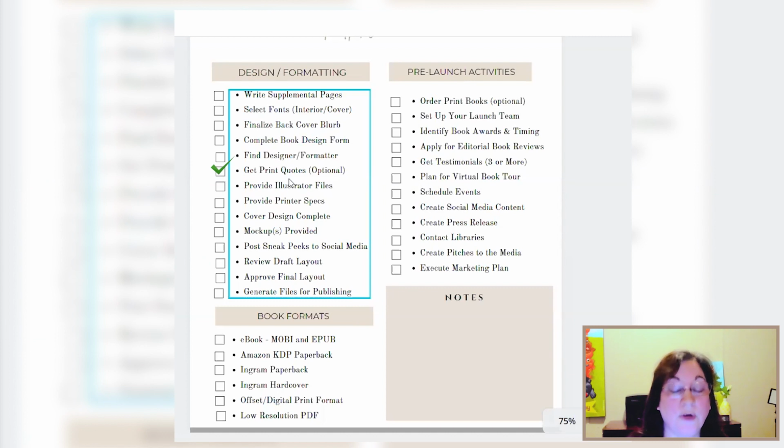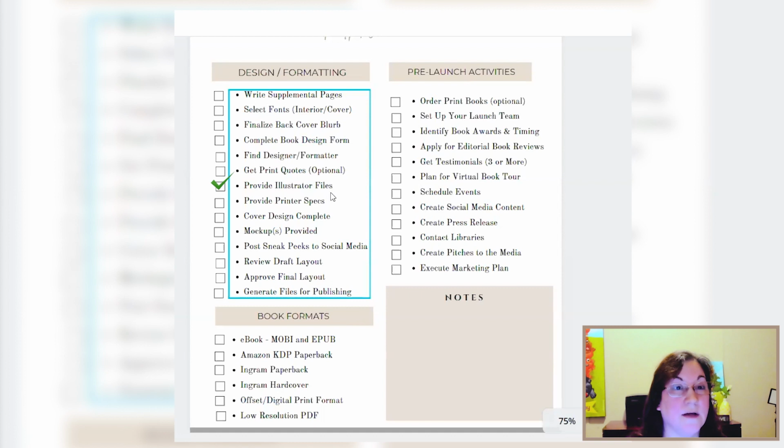But there are so many different printers out there. By having the quotes and selecting your printer, you can get them to give you the template that they need. And that goes to your graphic designer as well. And the graphic designer will then use that and make sure that you get the correct file so that it's error-free when you upload it to your printer.